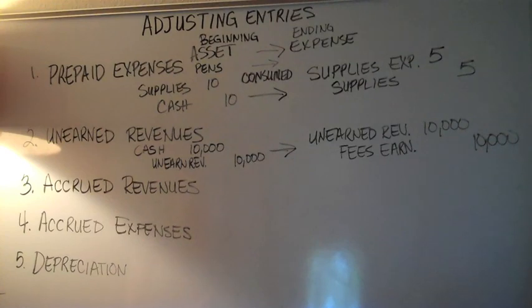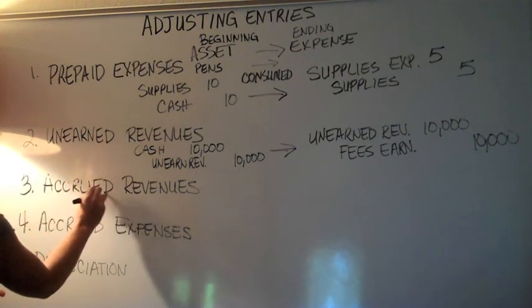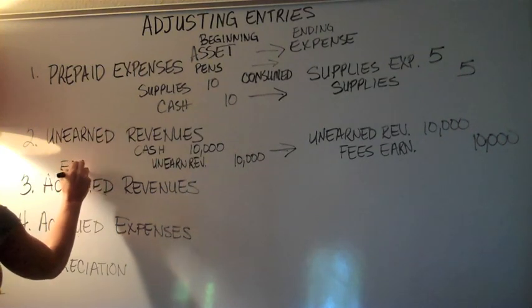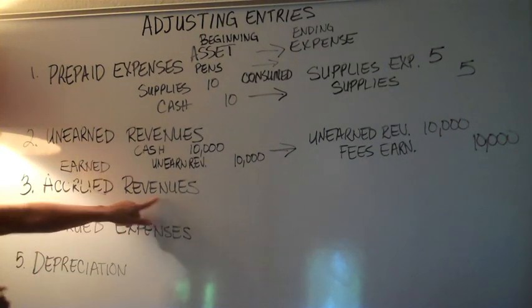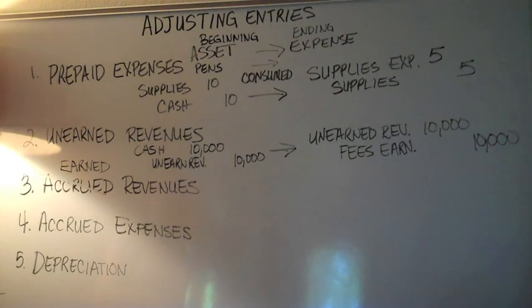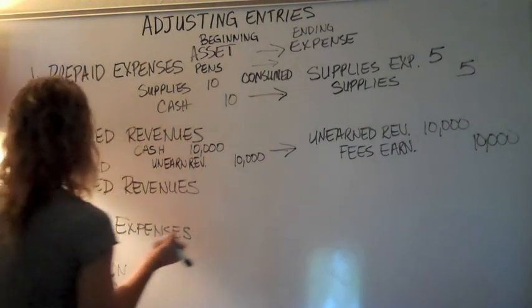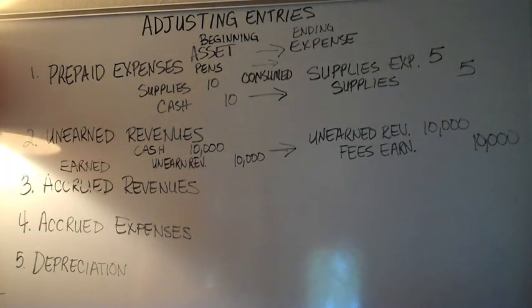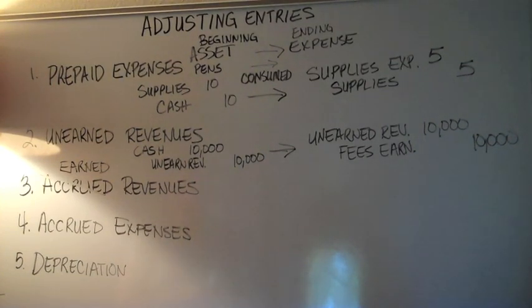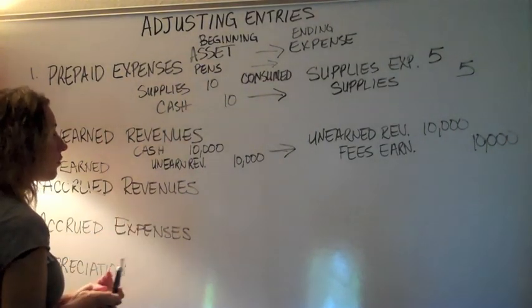Moving on to accrued revenues and accrued expenses. We can kind of talk about both of those at the same time. Accrued might be a new word for most of you. All it simply means is earned. You've earned these revenues now. Okay? You've earned these expenses. So for example, we might have billed somebody. They put something on account with us when they bought something, and we billed them an invoice. We technically haven't received any money, so we certainly can't debit the cash account,